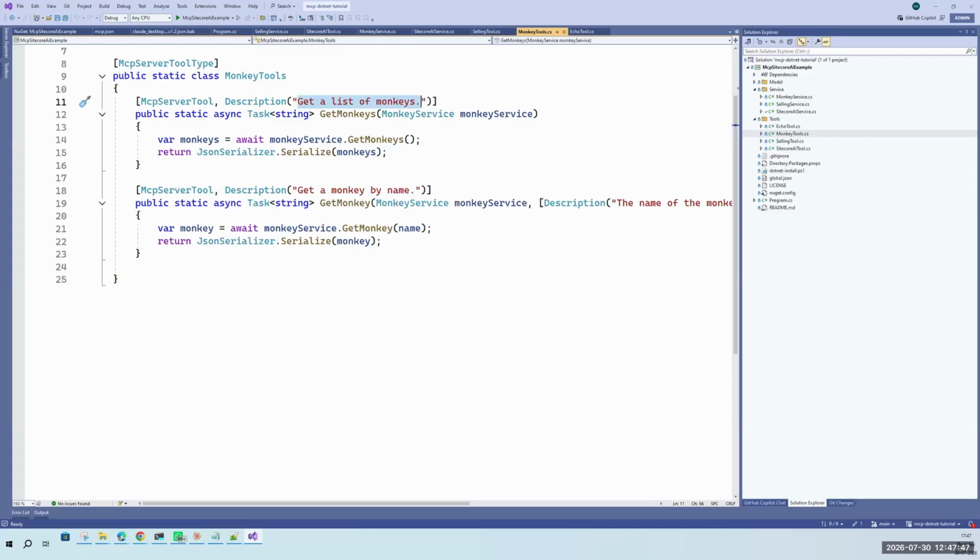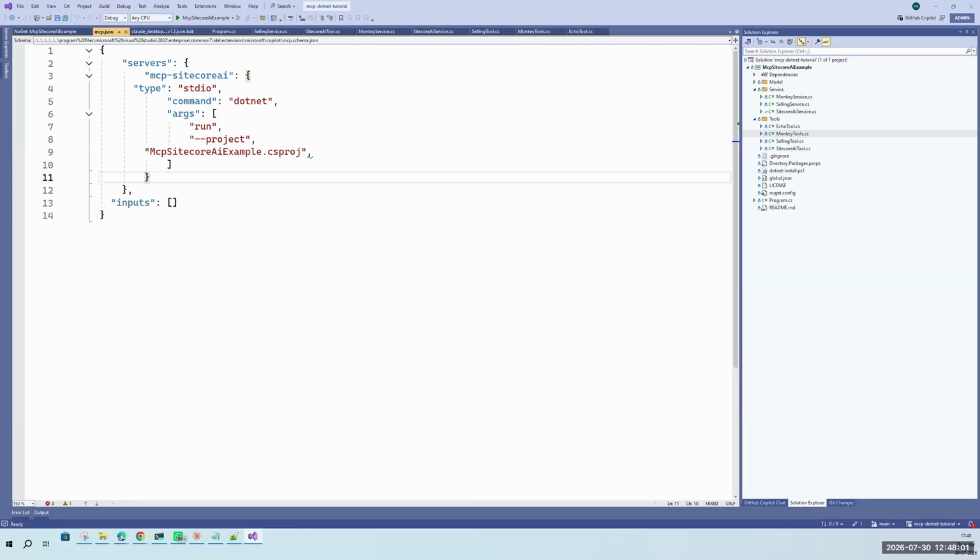Generally these custom MCP tools are meant to improve productivity. Suppose we are working with Sitecore AI, then we will utilize this as a developer tool. For that purpose, I will be utilizing the mcp.json, where I have named my custom MCP solution mcp.sitecore AI, and I am utilizing the type stdio, and the command is dotnet. It means that to utilize this code, we need to compile the code, and for that we need to utilize the .NET exe. That's why dotnet has been mentioned here.